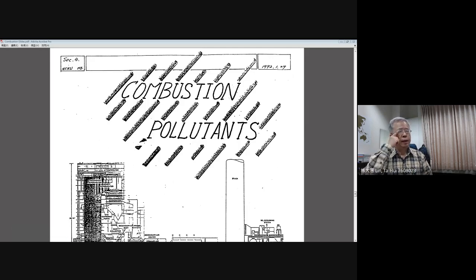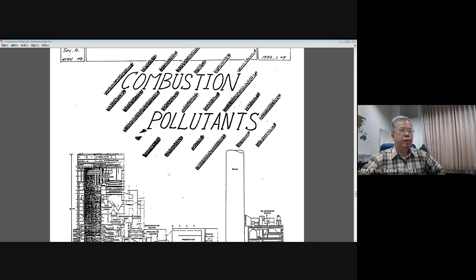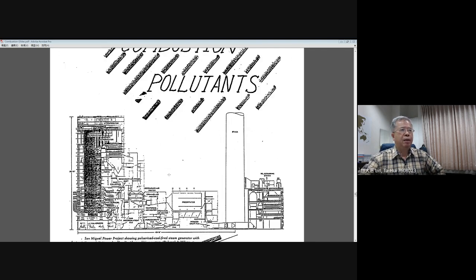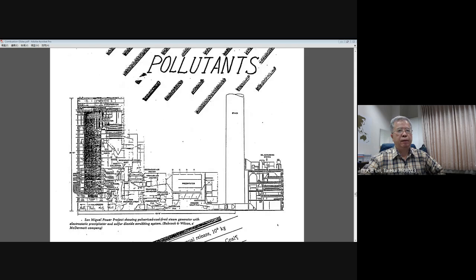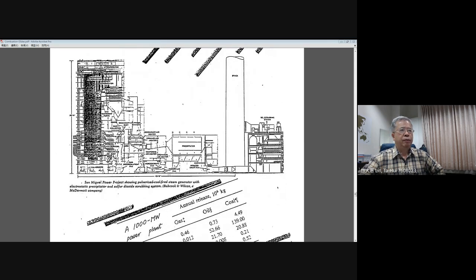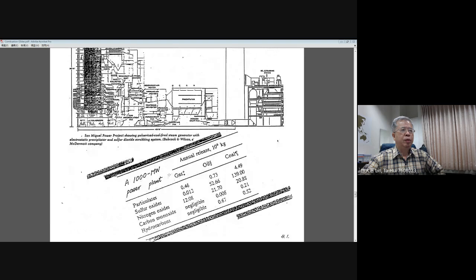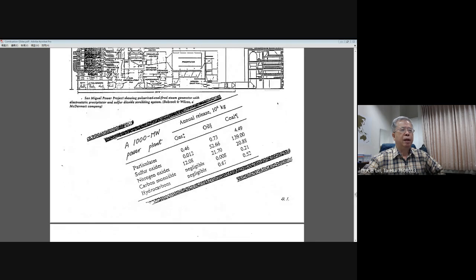Let's look at the last sections for this course. We will focus on combustion pollutants. If you look at a given power plant, you may burn different kinds of fossil fuels. For example, if you look at 1,000 megawatts, that means a 1 gigawatt power plant, and you estimate the annual release